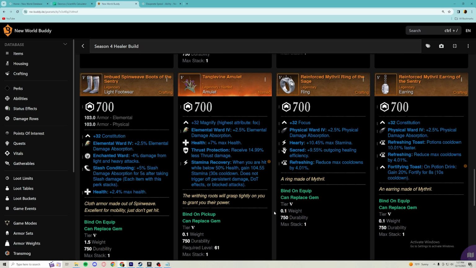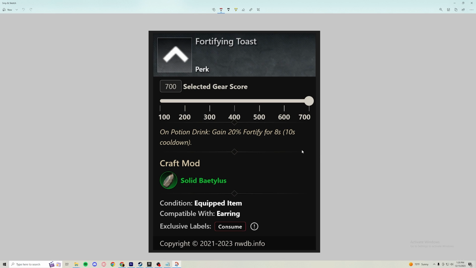We are using the Tanglevine amulet for the thrust protection and stamina recovery, a hardy sacred refreshing ring, and refreshing toast, refreshing, and fortifying toast. So fortifying toast actually got buffed in season 4. It is now 20% fortified for 8 seconds with a 10-second cooldown compared to the 3-second cooldown it had in